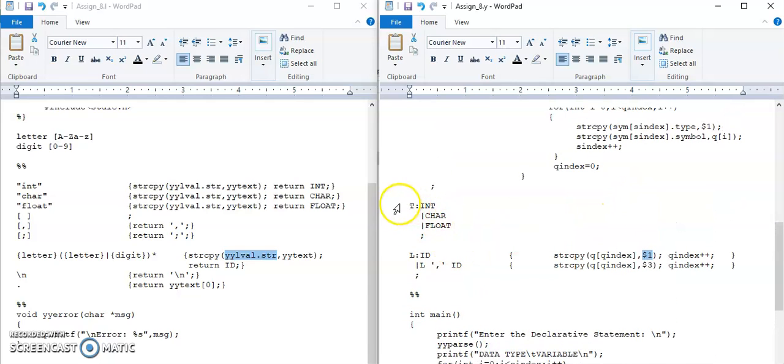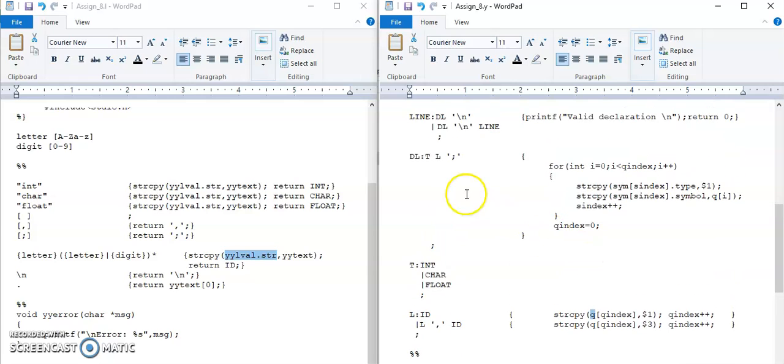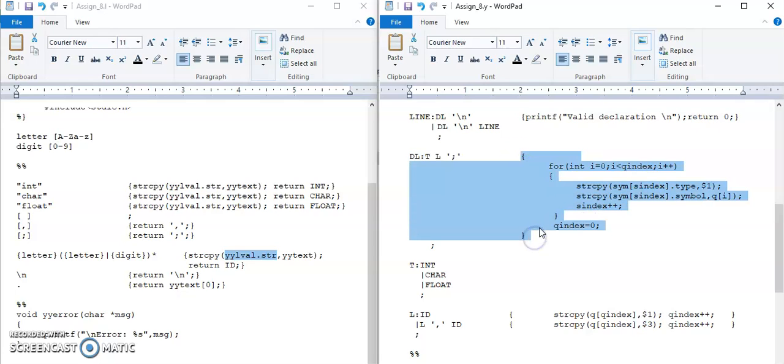Then this T will give us the data type and this L will give us the names of variables in the array Q. So whenever both T and L are processed and have their values, this statement DL gives TL semicolon is completely processed and then this action is performed. So what is the action?